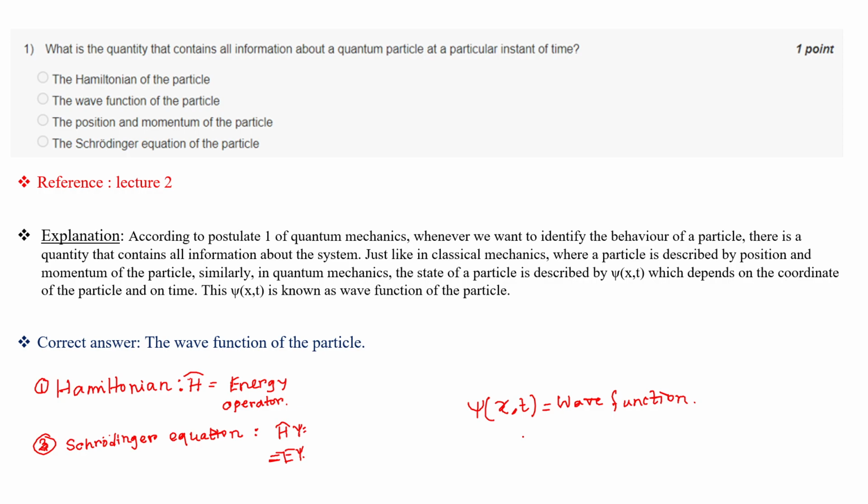So if you multiply psi with psi star, its complex conjugate, you know that when you multiply i with i, it will give i square, that is minus 1. That is a real number. So psi is a complex number and doesn't tell that much, but if it is multiplied with its complex conjugate, you can get a real number. Is it clear for all, or do you have any doubt? Anybody?